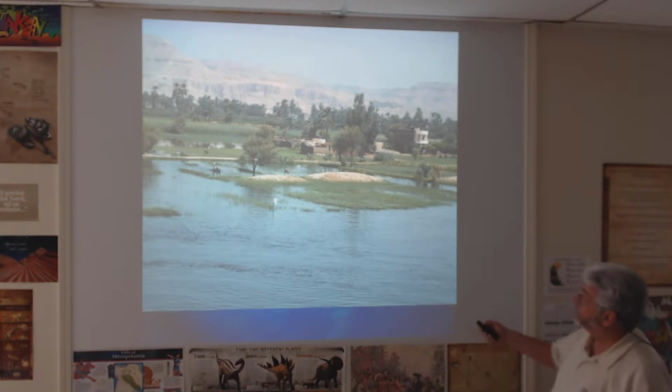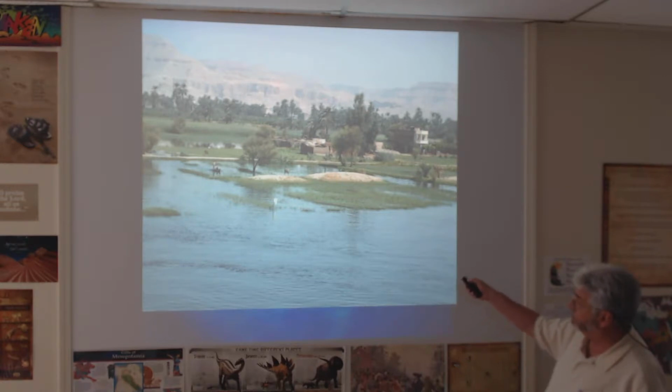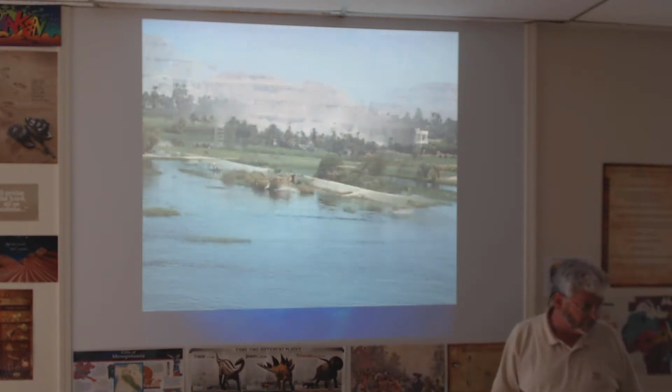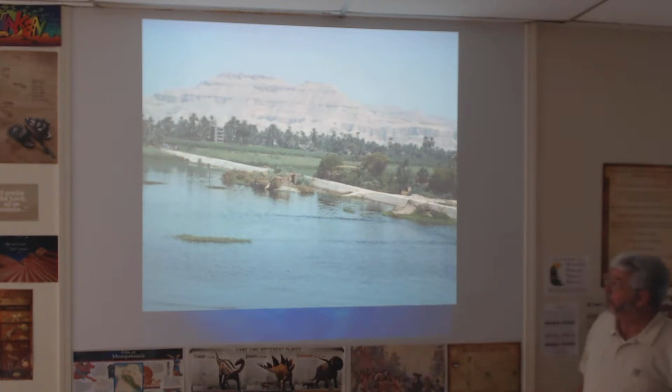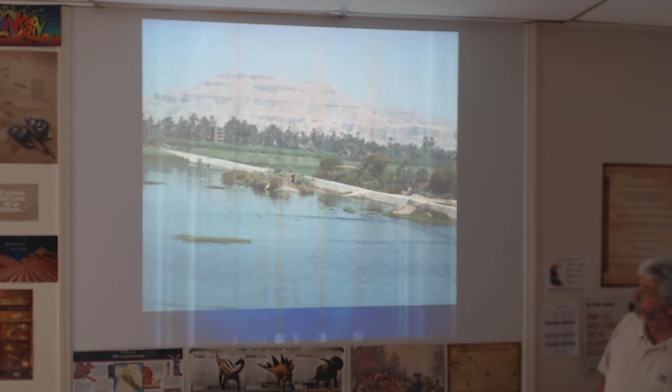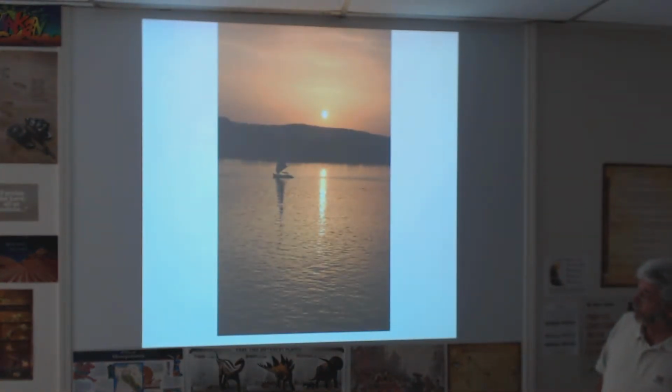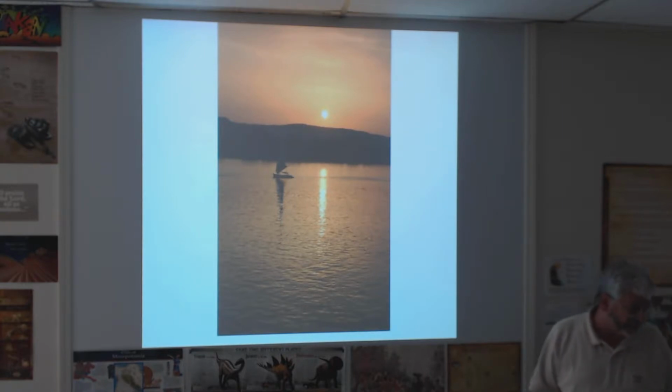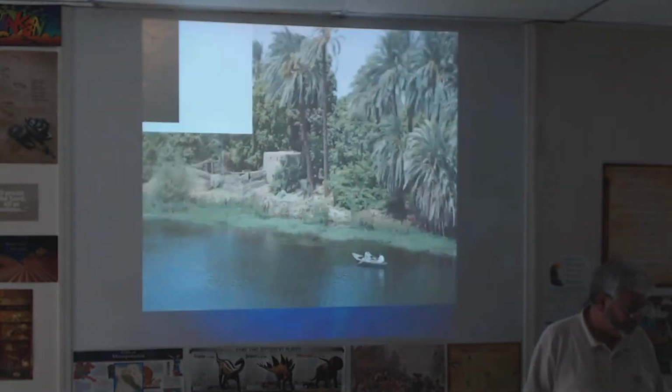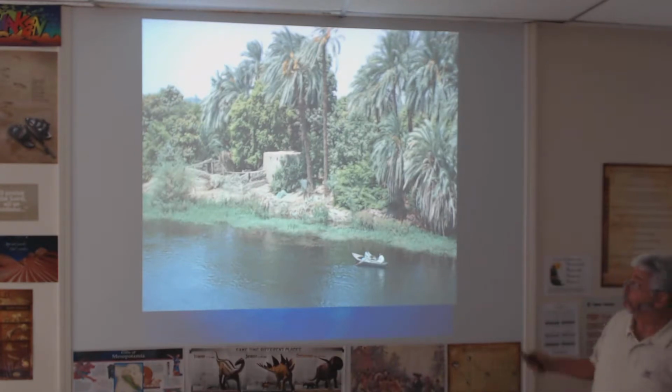And you can see it here. You can see it's green right back to these trees, and beyond that it's brown back into these mountains back here. You can see it again there. You can see the roadways right along the Nile. And there's a nice shot in the evening. Lots of trees along the Nile, lots of vegetation.